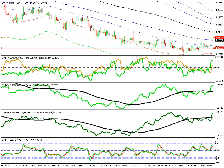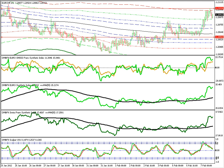If we have a quick peek at the Euro CHF, which is our final currency, you'll see a similar pattern here as well. The Euro CHF traded all the way up to the 121.016 level, however, got a bit rejected there and is currently trading at the 120.913 level. If we have a quick peek at the individual charts for this pair, you'll obviously see that they are